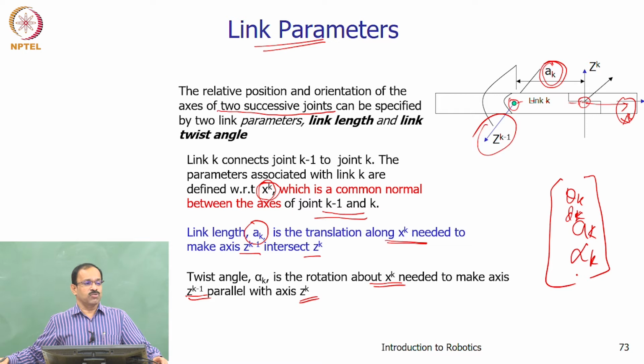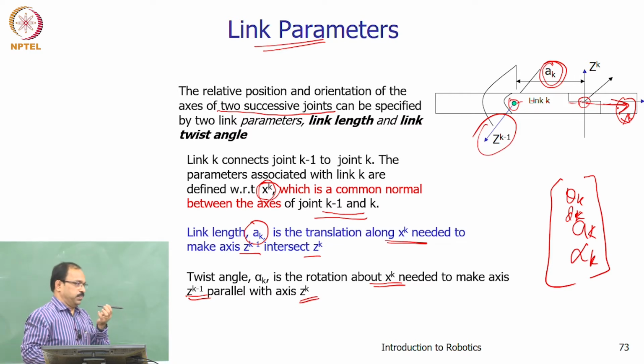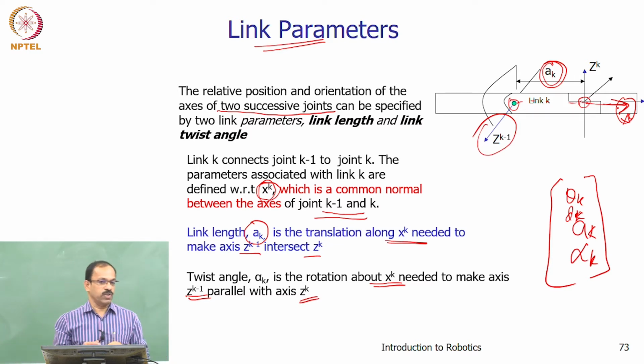Positive or negative depends on from which direction you are looking at. The convention is that anti-clockwise is always positive. Now I will tell you. See, this is xk. Now you look from this xk, and I am rotating it like this. So it's a clockwise motion, so it will be minus 90. Anti-clockwise is always positive. I am looking from xk, and it has moved in a clockwise motion, therefore it will be minus 90 degrees. Anti-clockwise is taken as positive.